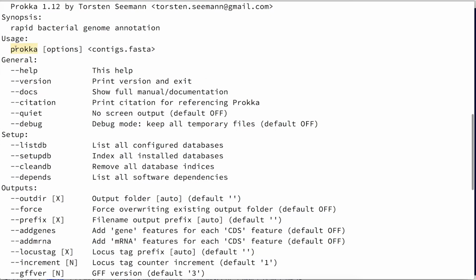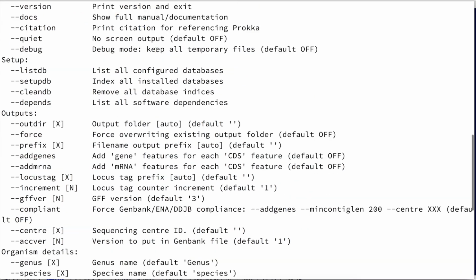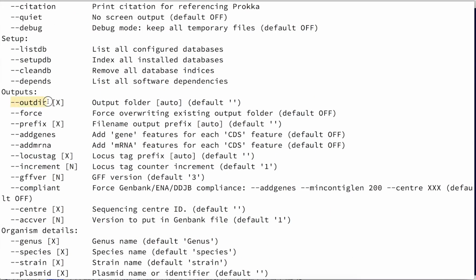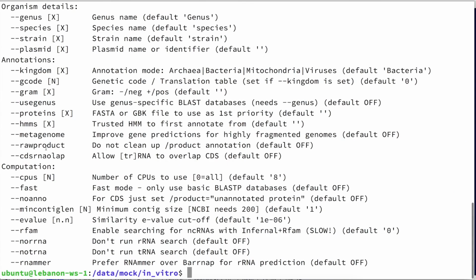Generally speaking, it requires at least one argument, that is the contigs file that we want to annotate. Then we can specify the output directory and the file name of the output. We can specify multiple CPUs, and again, there is a switch specific for highly fragmented genomes. So we can start typing the program. Parameter CPU for